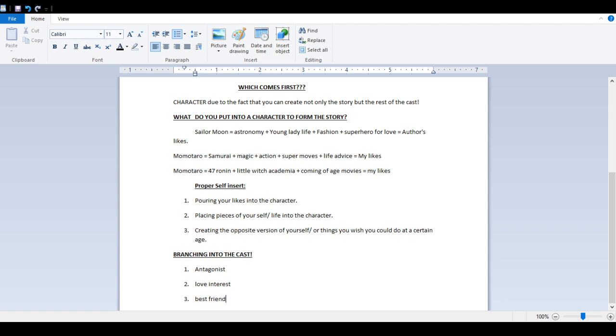But the best friend is usually the support. Love interest. Now this is why it's neck to neck with the love interest and the best friend, because the